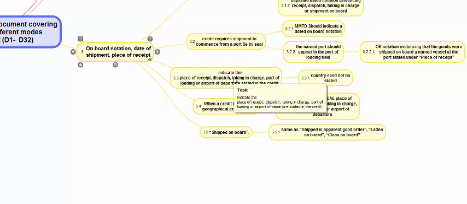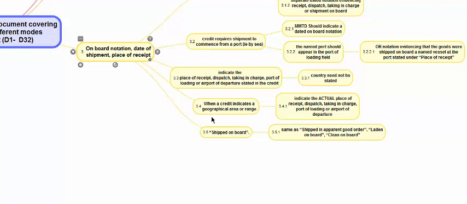The document should indicate the place of receipt or dispatch or whatever is stated in the credit. So the transport document should say the goods are starting to move or start being carried by the multimodal operator from the places stated in the credit, and the country need not be stated. If it says Chennai, India, India need not be mentioned.